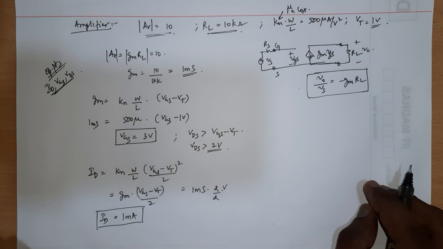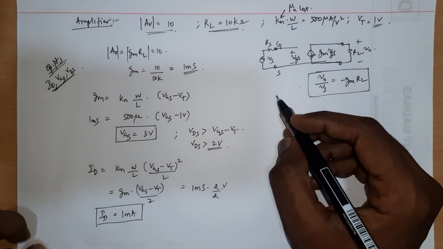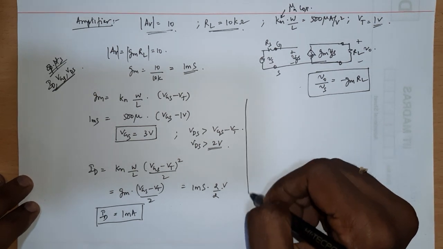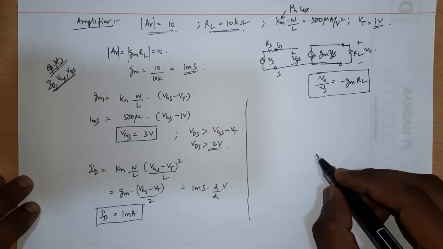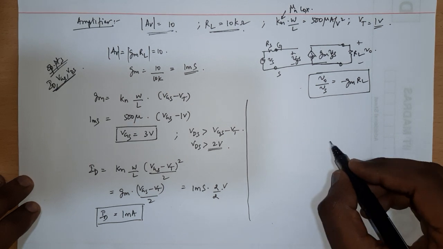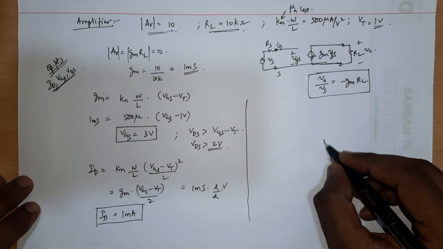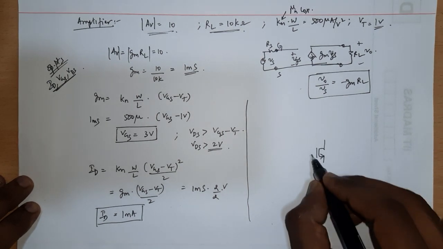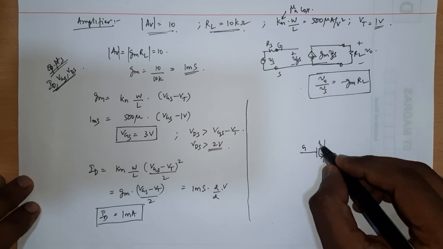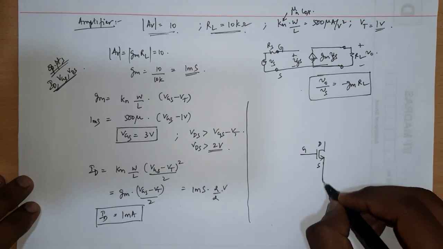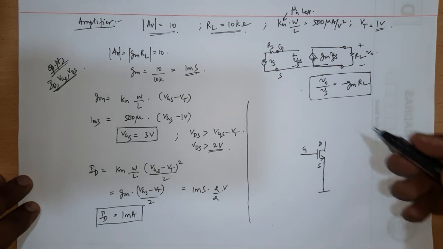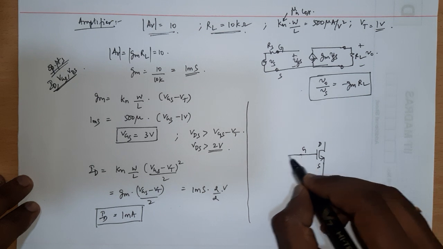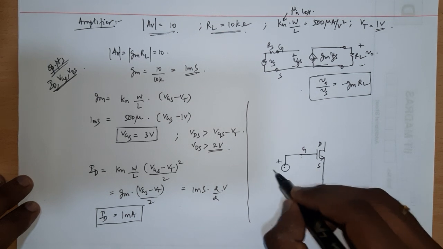So we have figured out ID also. What we have actually figured out is the DC operating points. If I represent that in circuits, I have my MOS transistor, this is the gate, this is the drain, this is the source, and if I ground the source, which is what I want, then my VGS, if I give 3 volt here,